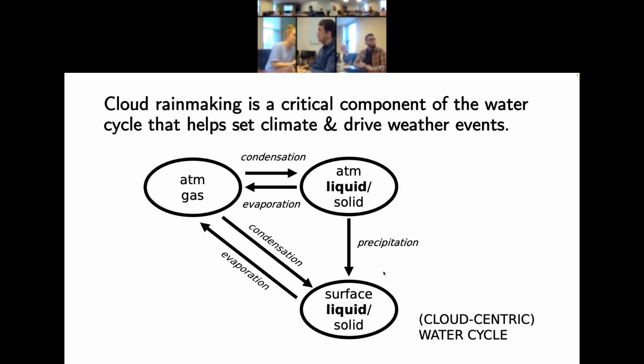The first being the surface, either liquid or solid. The second being gaseous water vapor in the atmosphere. And the third being water in the atmosphere that's either liquid or solid phase, what we think about as clouds. And the details of how water is circulating between these reservoirs